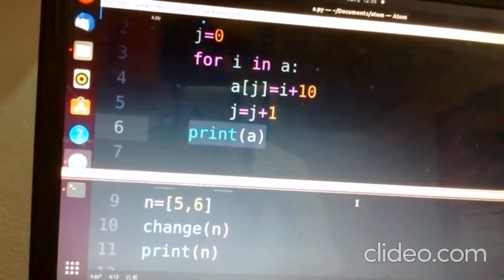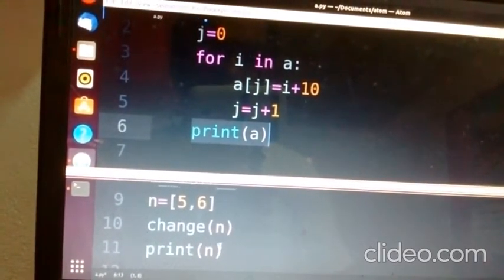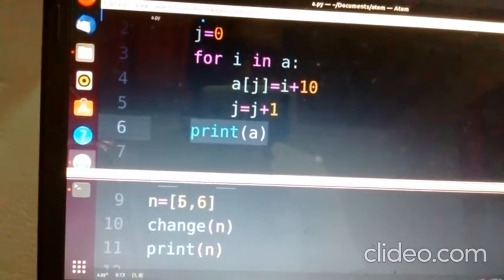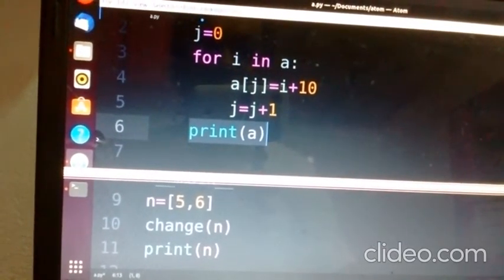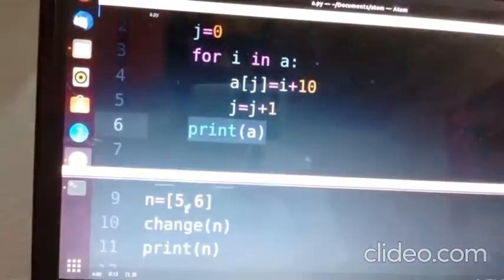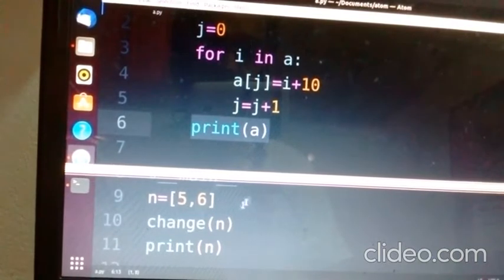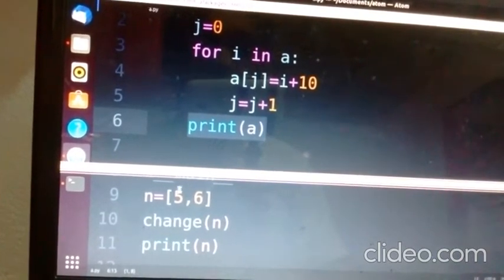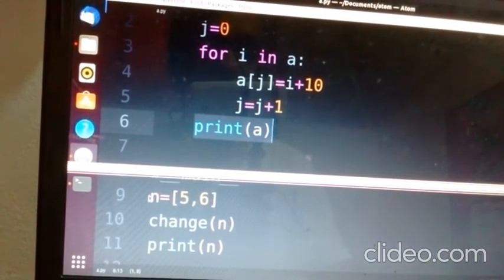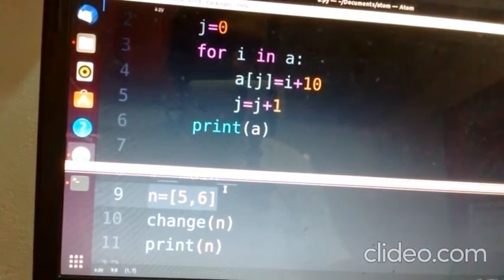With respect to the previous example, there was no change there, but here it is actually changed to 15 and 16. File, save, run again, again 15, 16, because we are passing a mutable object from here to the function.